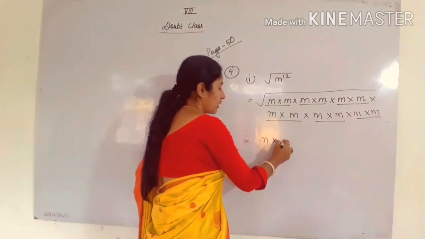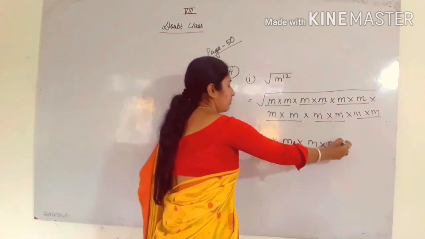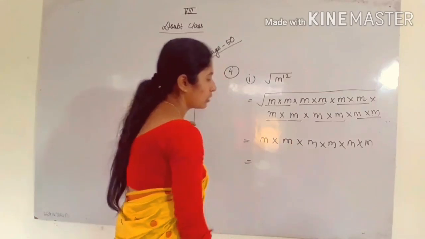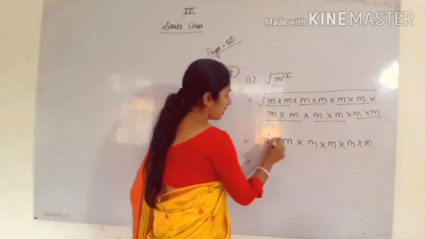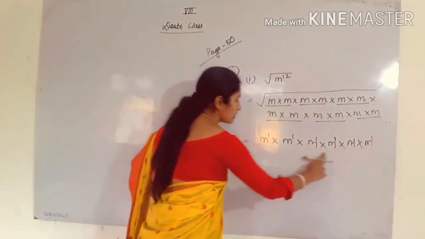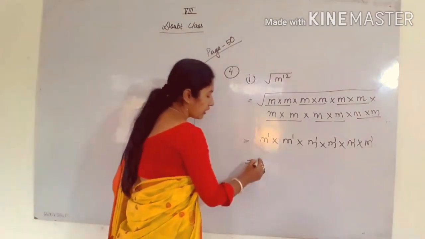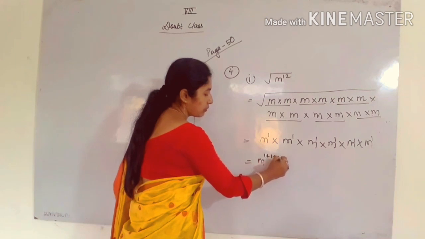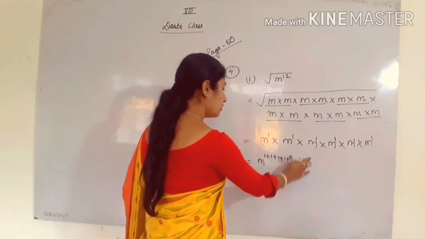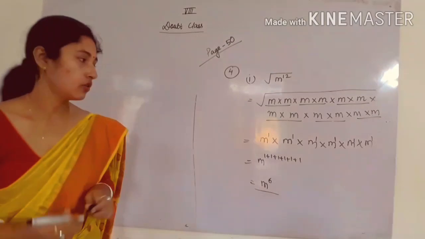Similarly from here you can take out 1m, similarly from that m, similarly from this one, similarly from this one, similarly from this one. So you will get how many m? Total 6m. So here see m to the power m, 1 1 1 1 1. So what you can write? See, bases are same and between them a multiplication symbol is there. So you can write m to the power what? 1 plus 1 plus 1 plus up to how many times? Yes, 6 times. So 1 2 3 4 5 6. So you can write m to the power 6. This is the answer.